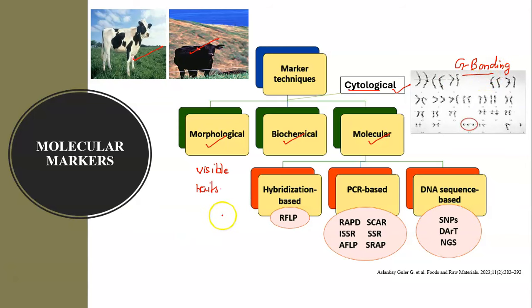Then biochemical markers such as isozymes and proteins. As we all know, proteins are product of gene action. The product of gene can be used as a marker for the presence of a gene. Different alleles of a gene produce different proteins. So proteins can be used as a biochemical marker, or we can say enzymes can be used as a biochemical marker. Like for example,